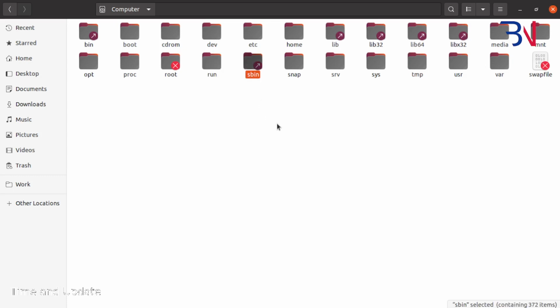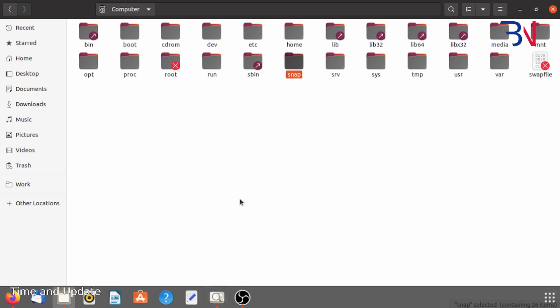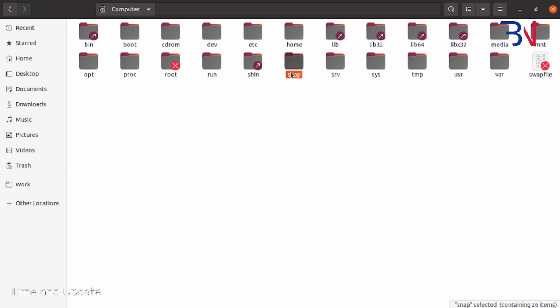We have talked about the sbin. Next is snap. In the snap directory, applications installed with snap will be stored here. Next is srv, site specific data. So if we host some data using Apache and such, we will save that website files here. And the sys